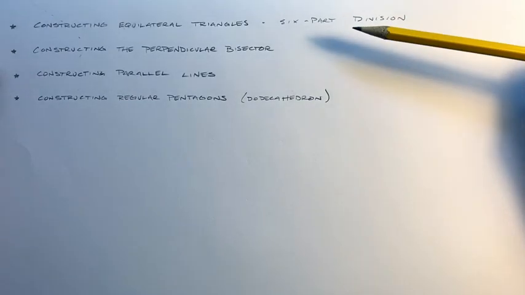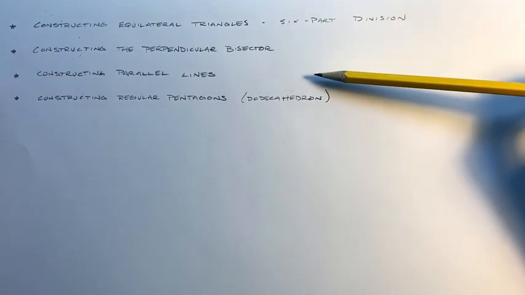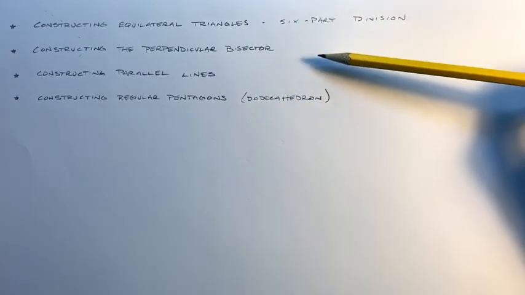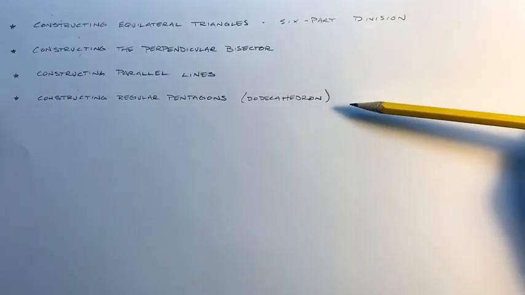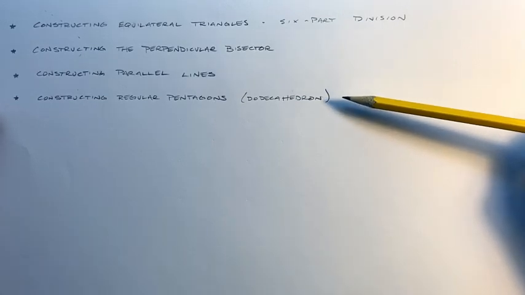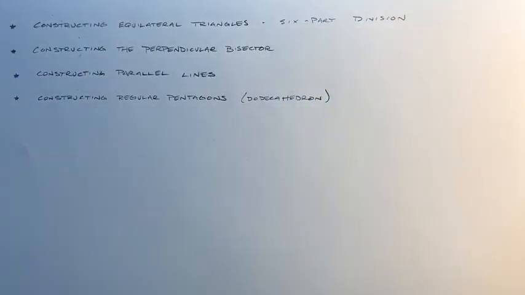They'll also need to know how to construct the perpendicular bisector and to construct parallel lines. And I'll go over both of these constructions in this video. Finally, to construct the dodecahedron, they'll need to be able to construct regular pentagons, and this will be covered in another video as well. But by using these 4 geometric constructions, processes that they've learned in the past, the students